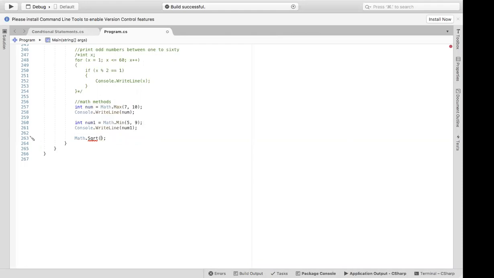Inside it will accept a single value. For example, we are finding the square root of 64. So write 64 inside it. What is the square root of 64? 8. So it will return 8, the square root of 64, and store the result of this statement inside a variable.